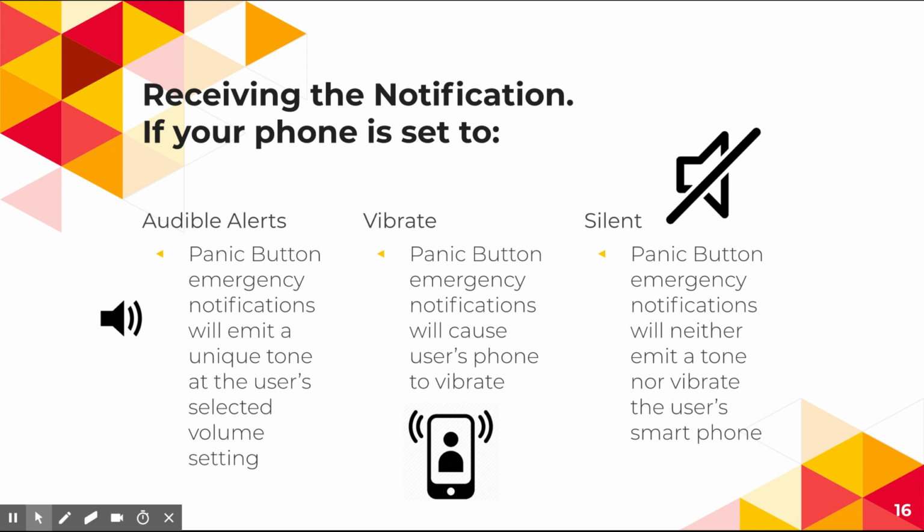The primary mode of delivering an emergency notification is through the app via in-app messaging. So it's really important to note that there are different possibilities that you may need to follow in terms of setting your phone's notification settings. Audible alerts, vibrate, and silent, you'll want to